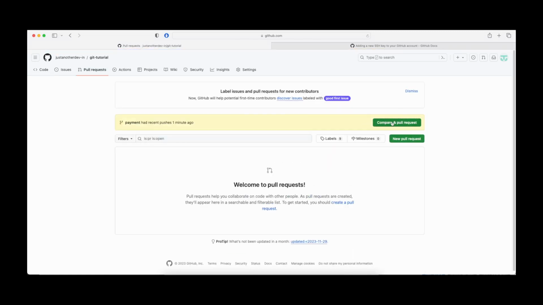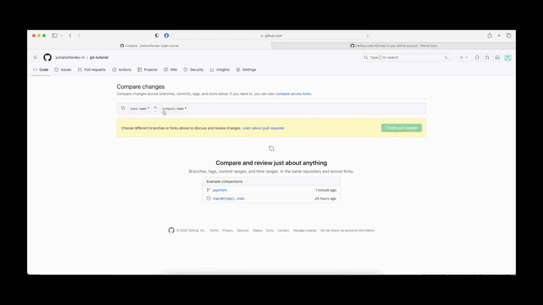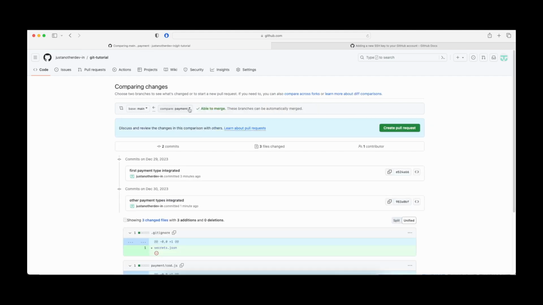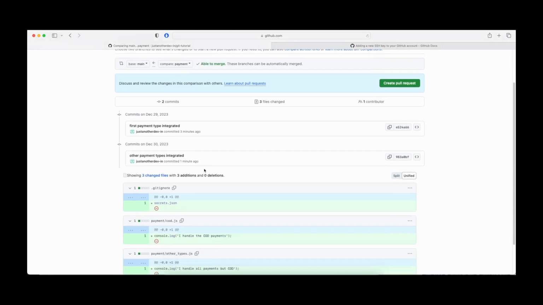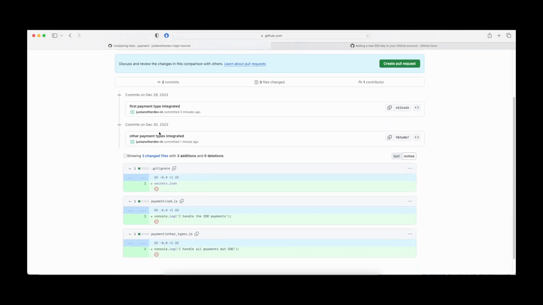right? So I'll do a new pull request, and here it is basically asking us which is the source branch that you want to merge. So I'll say, okay, I want to merge this payment branch to this main branch. This is my target branch, right? It is also called the base branch. What is the base and what do you want to compare it with, right? So I want to compare my main branch with this payment branch, and I want to merge these changes over here. Okay, so here if you see, it is showing us 2 commits, and these are the changes that we